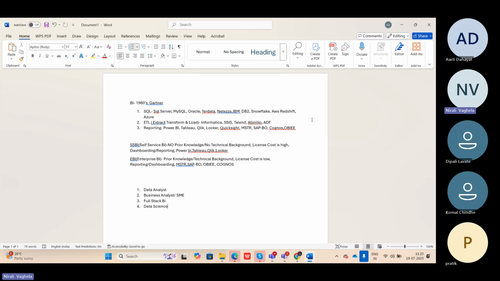If I'm not having access to one of the databases or one of the tables, I can't do any further thing. So SQL people are responsible to create the database, to maintain it, and to grant the access. And ETL people are what exactly? The data we are pulling from different sources, raw, unstructured data, to clean that data, the ETL developer does for us.